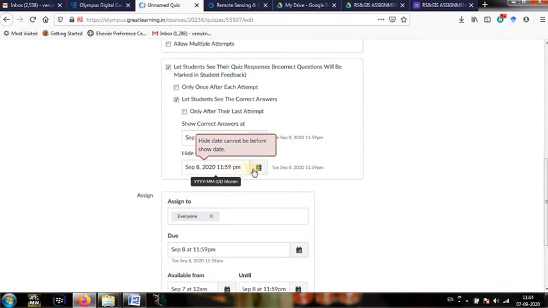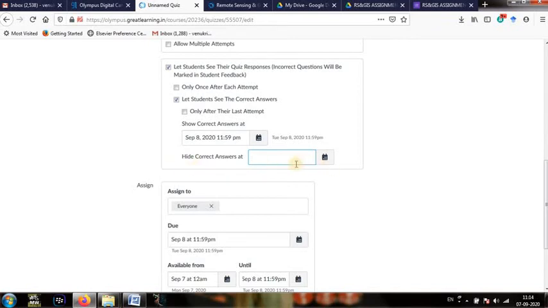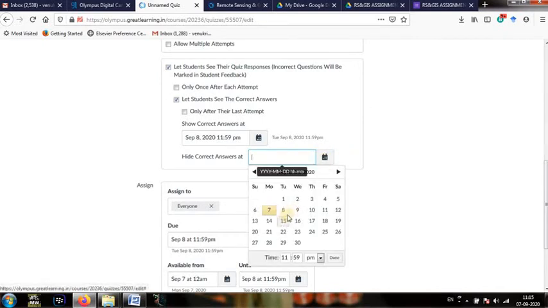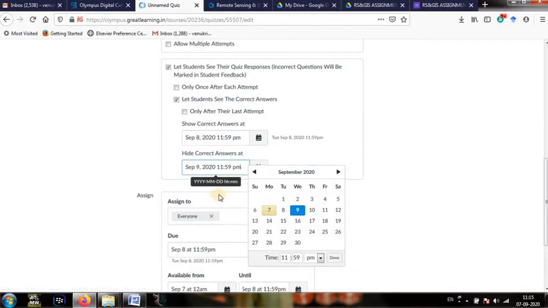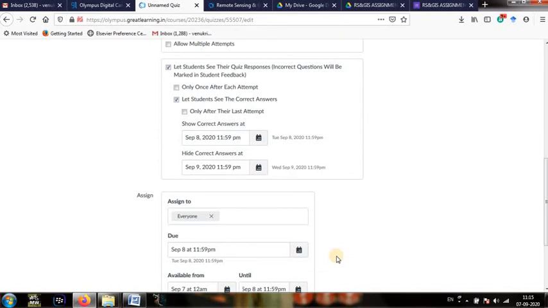That means by giving this option it is enough, but hide correct answers yet it may not be useful for us,